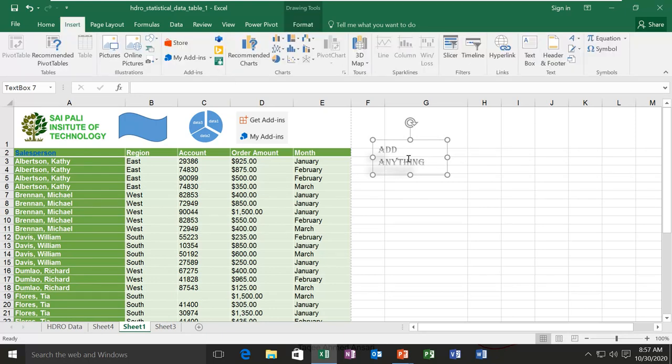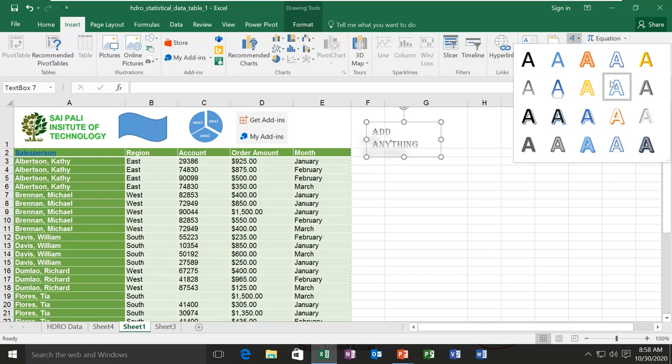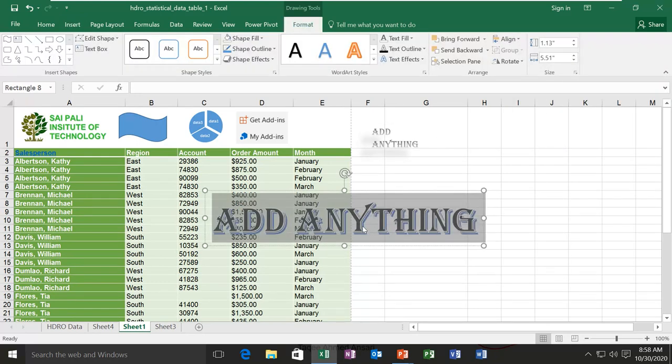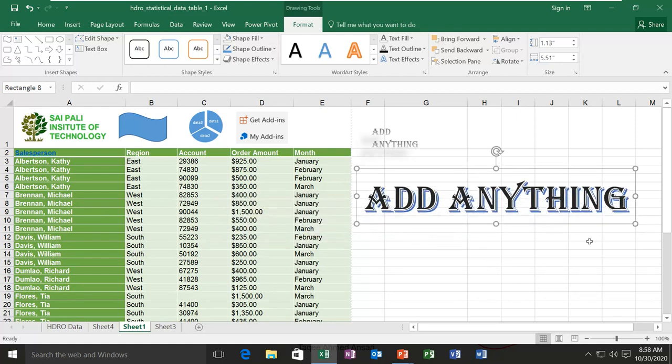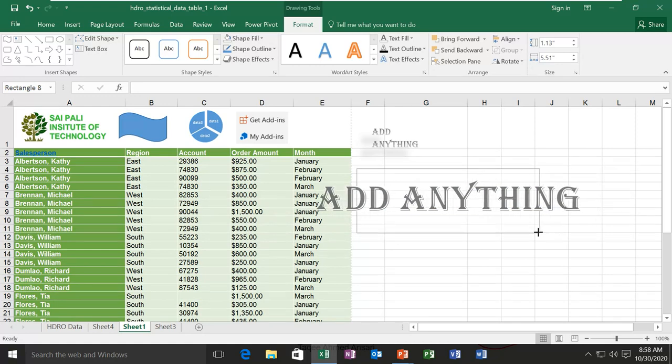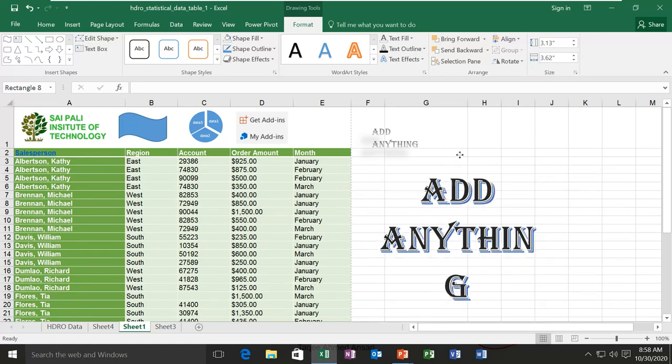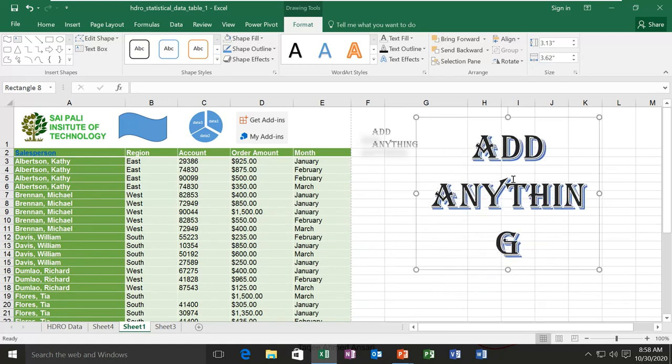Now instead of adding the text box, designing it, color, changing style and all that, you can use this word art. These are predefined designs. So when you select this, it gives you predefined, and you can just type what you want. It is same as the floating text box. You can just choose what you want to design.